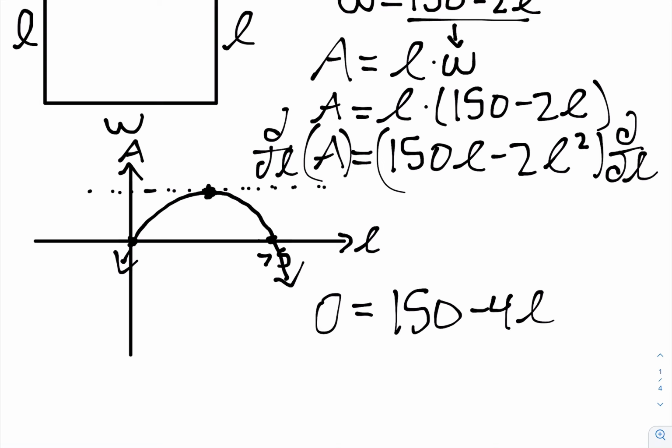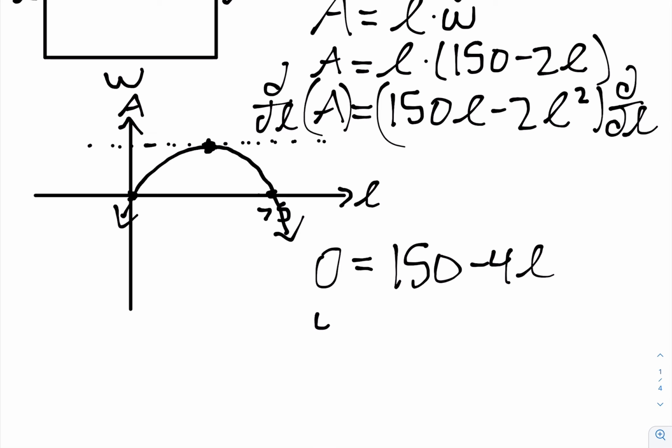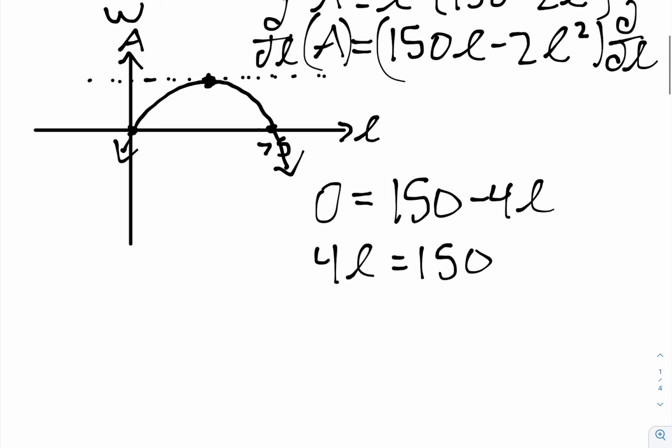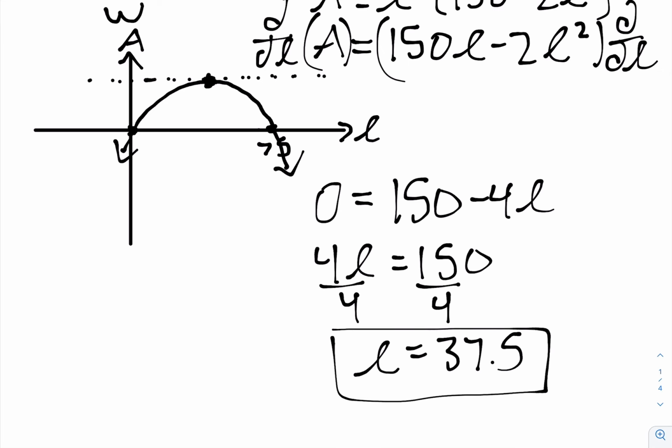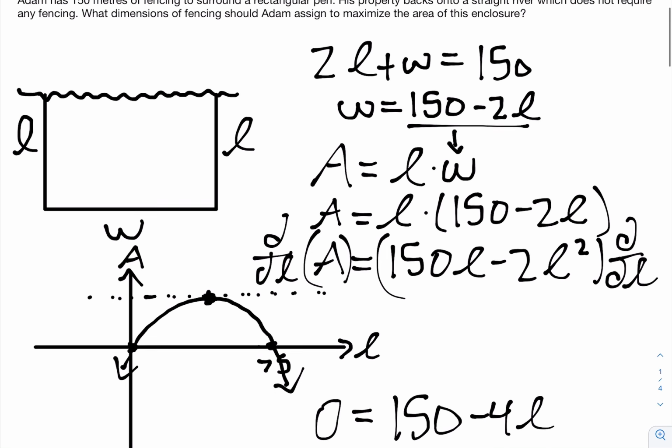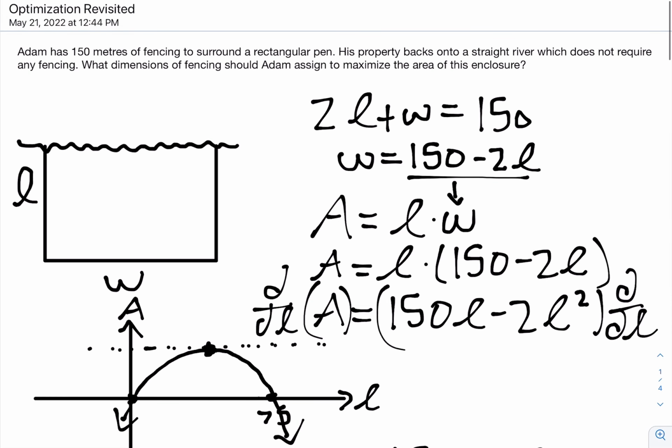If this was a positive parabola like this, the derivative would be 0 here. So if we were trying to minimize a function, we could also do that, right? That's where it's at its minimum. So now if we're just trying to solve for L, we add 4L to both sides. And this is just basic algebra from here. So we just divide by 4. L is equal to 150 over 4, which is 37.5, which is what we got if we were to just draw it out and think of it intuitively, right? So if this is 37.5,